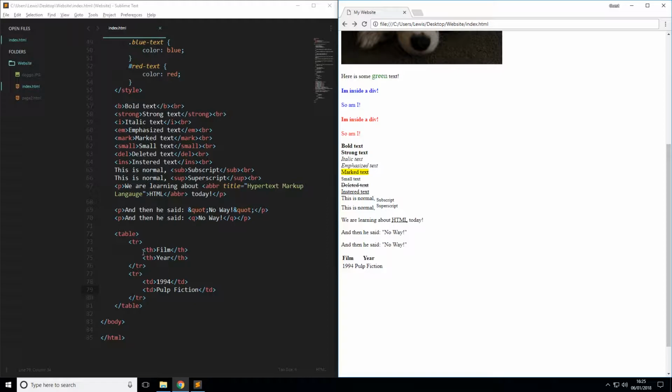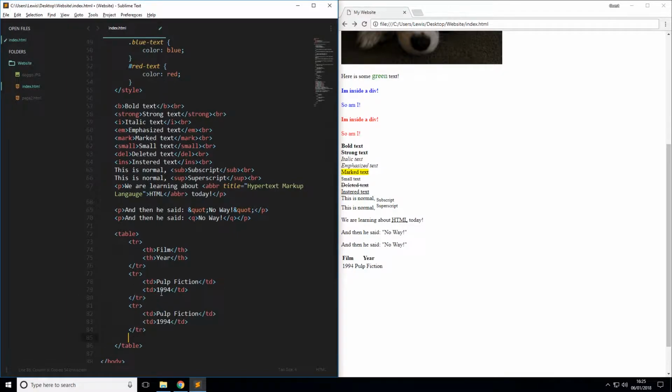This is because you need to enter the information or the data in the order that you're declaring your headers in, okay? So in this case, obviously we've got film. So the first data item that needs to be in the row is the film title. And then we've got the year it was released as the second heading. So in the table row, the second piece of information that needs to be there is the year of which it was released, okay? So we're just going to copy this